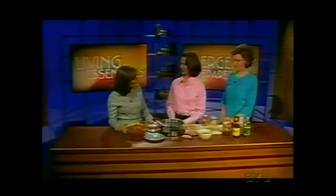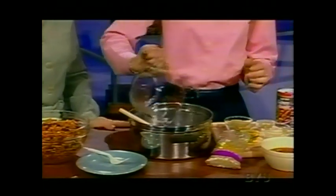This is another great way to incorporate lentils in our recipes. This is bean and lentil rice pilaf. That's right. Show us how it's made. This is really quick to make, and it's got a little bit of a kick to it, so it's a fun dish. You start with some water, to which you add...